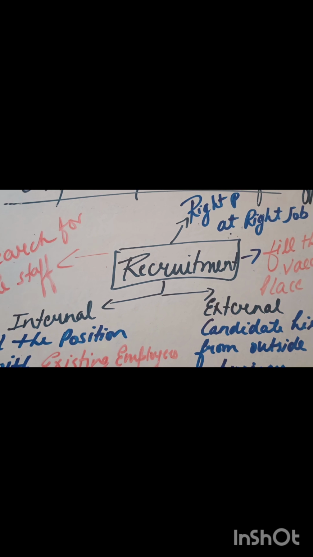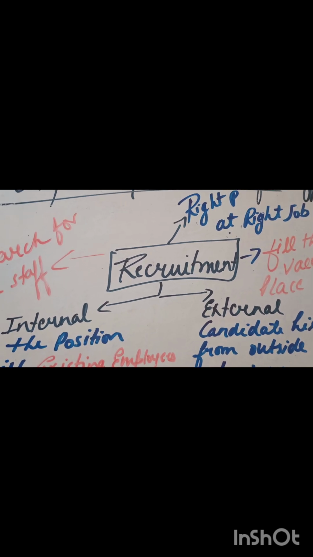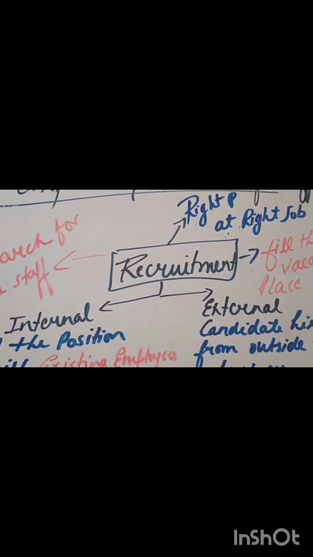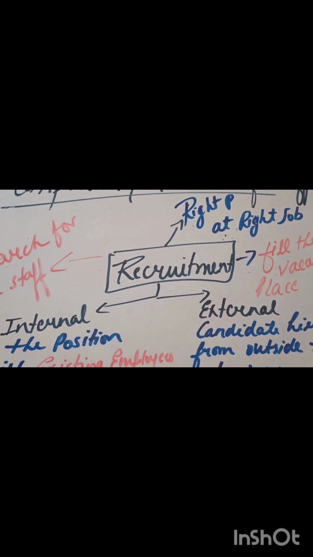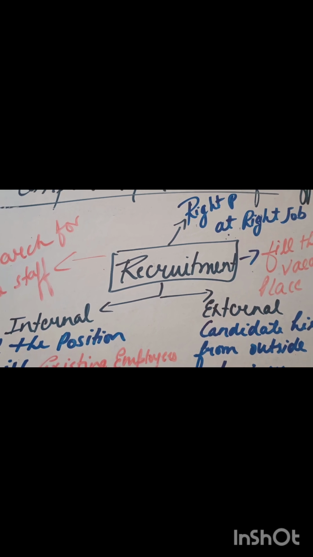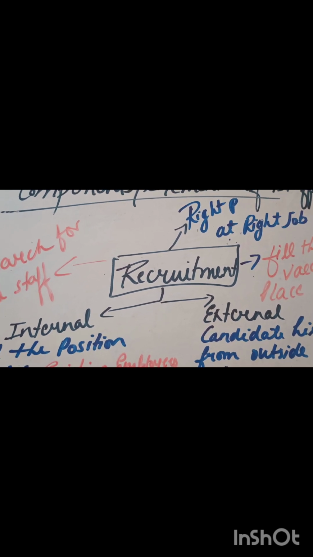In recruitment, you'll hire candidates by giving a notice or advertisement in a newspaper or through various social media or online job sites like Naukri.com, LinkedIn. There you post about the hiring and the related vacant position in your business organization or institution, so the interested candidate can apply from there.